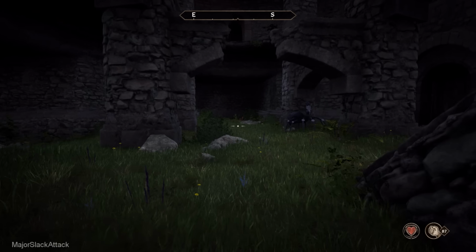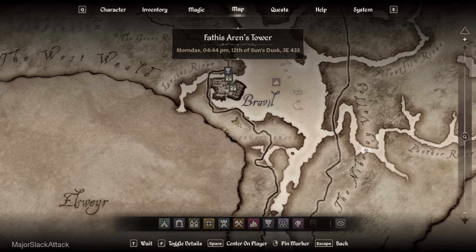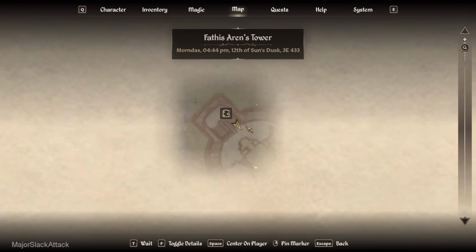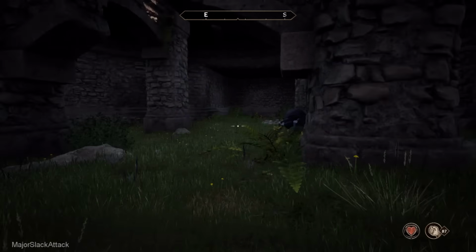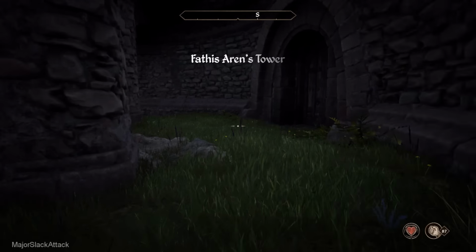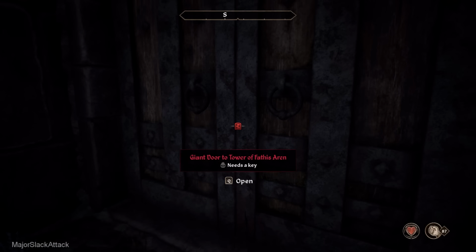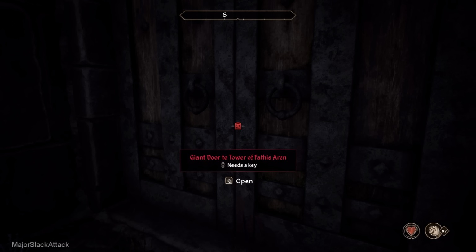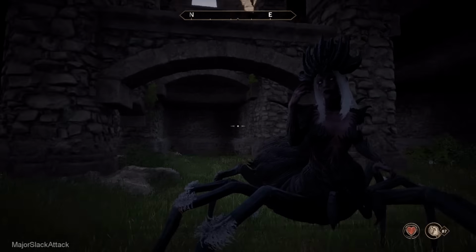Okay, so from this point, here we are inside the actual Fathus Aaron's Tower. You don't need to fight any enemies here. If you could just walk past them, do so. This is the door right here that's locked from the outside. If you're trying to get in from the outside and it says it needs a key, that key is at the very top in the same...